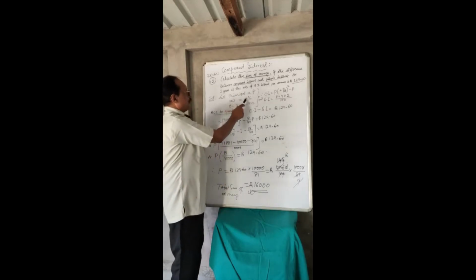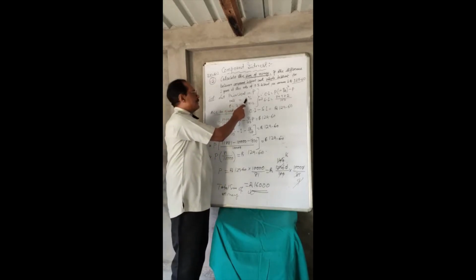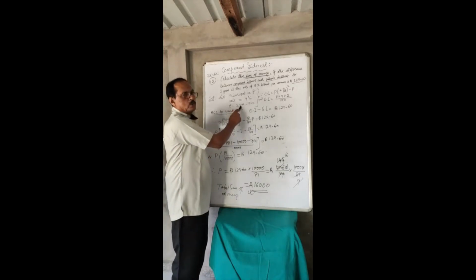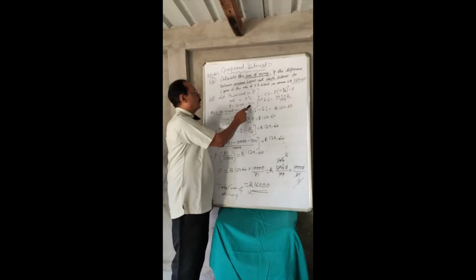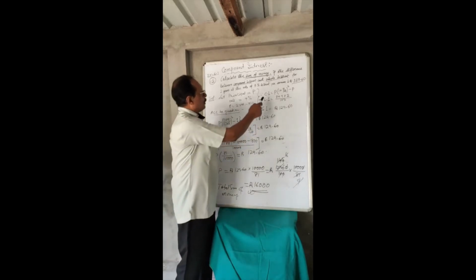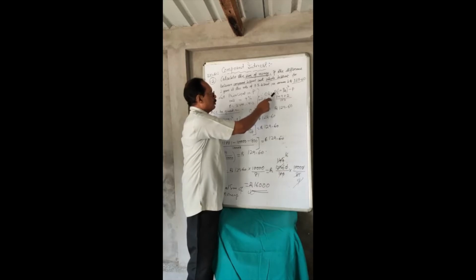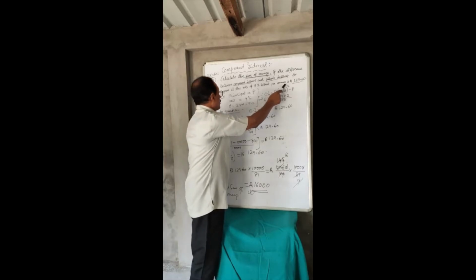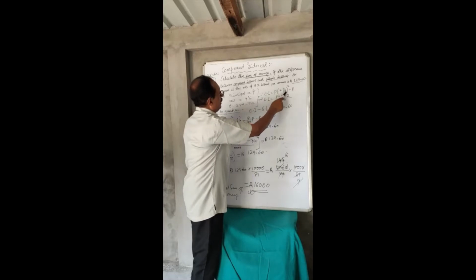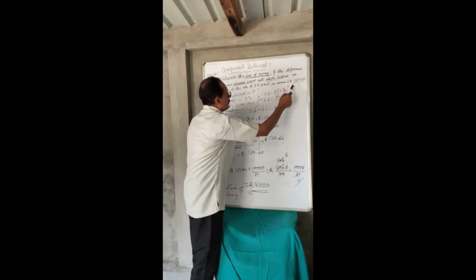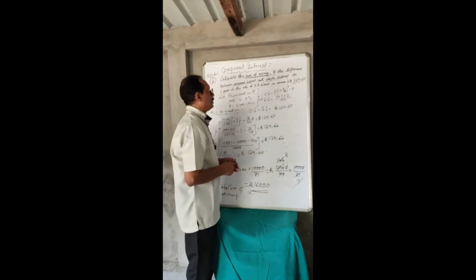See the problem. Let the principal be P. Given the rate of interest is 9% per year, annually compounded, and time is 2 years, so n will be equal to 2. You know the compound interest formula from the previous problem we discussed. Compound interest is equal to P into (1 plus 9 by 100) to the power 2, minus principal. So this is amount minus principal, which gives the compound interest.